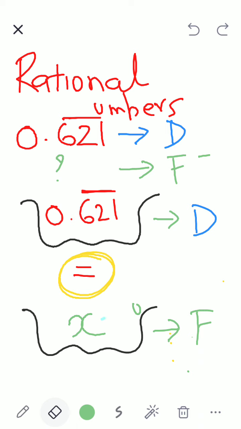Now finally I got x equal to how much? 23 by 37. So my decimal bag is 0.621 recurring, and my fraction bag became 23 by 37. I have converted 0.621 recurring to fraction form, P by Q form. Both bags are equal. Only thing is the way I have written in both the bags is different. Clear, children? Very good.